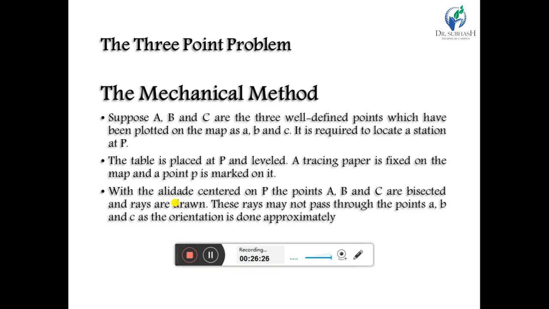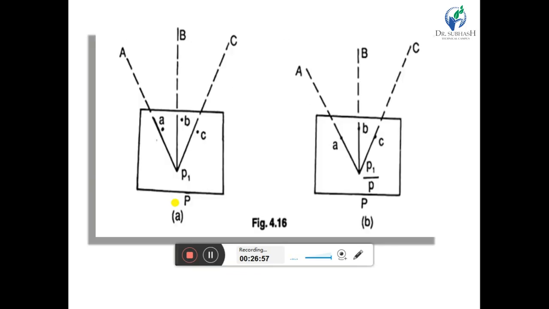After that, we place a tracing paper on our sheet and the table is placed at P. After placing the tracing paper, we pivot the LED at P and points A, B and C are bisected simultaneously and rays are drawn. But these rays do not pass through the points A, B and C, as the orientation is done approximately.